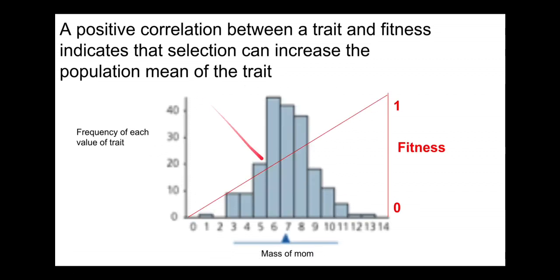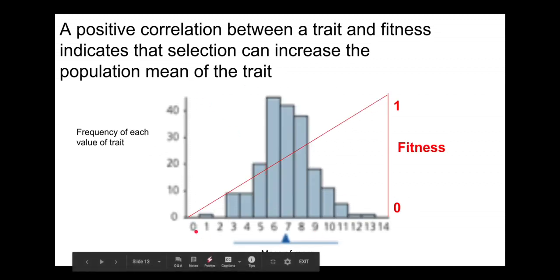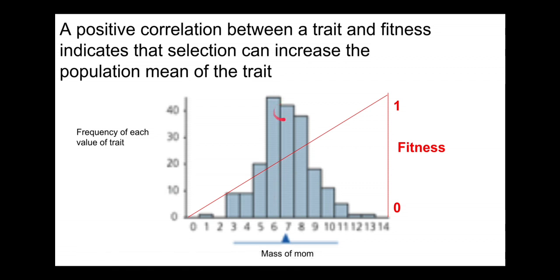Now we can overlay these graphs. You'll often see this in books, where we've got what's called a dual y-axis. Over here, we're showing the frequency of moms at different heights. So this left y-axis relates to the histogram, and the right y-axis relates to fitness. Individuals down on this end are rare, and when they do occur they have low fitness. Individuals here are also rare, but they have the highest fitness. These few individuals that are very big have the highest fitness. Most individuals are average size,